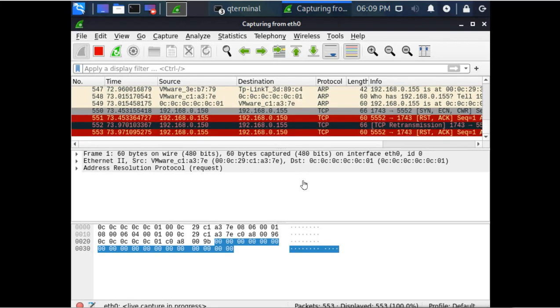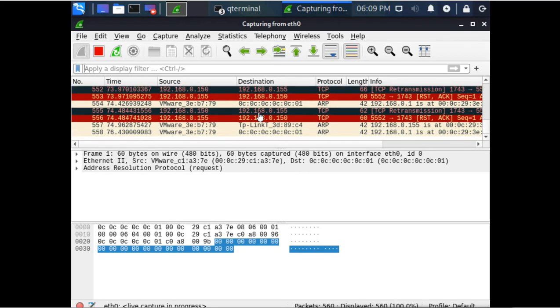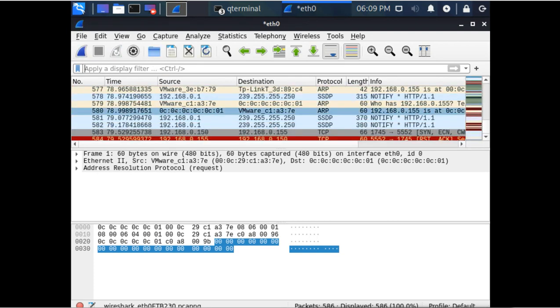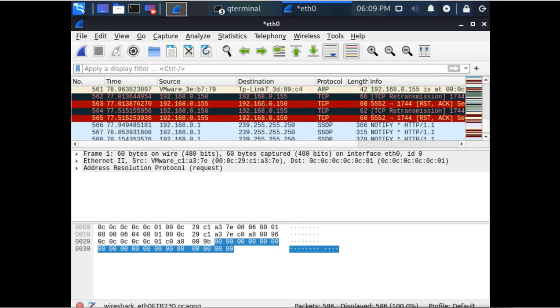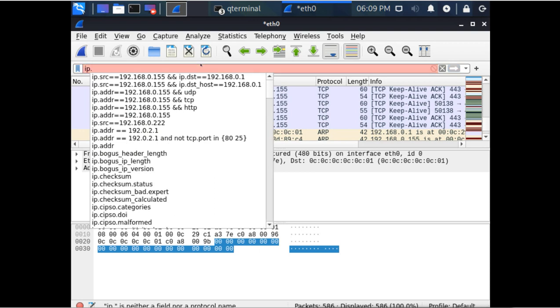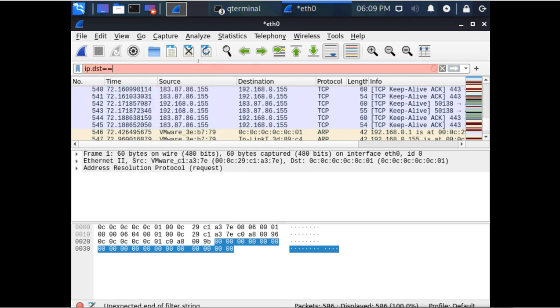Now here on Kali Linux, first I will stop the capture, it's too much recording. Then I can search or filter it. I will say ip.dst == 192.168.0.150.